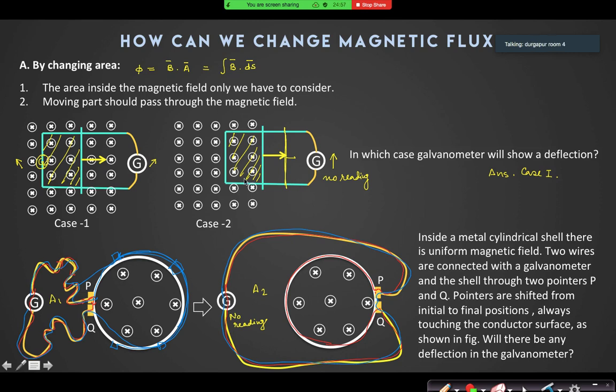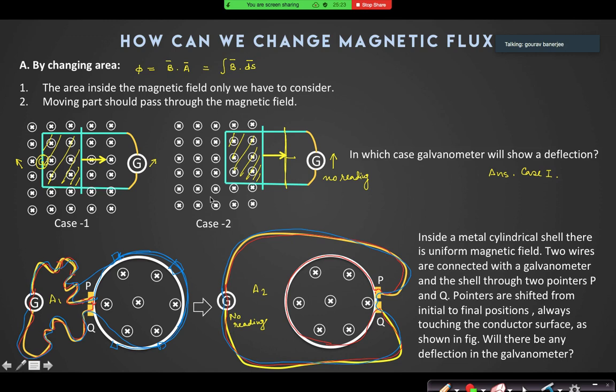And if you take this red color ring, while you are shifting P and Q, can you see that the length of this red color line over that ring is increasing? Yes, sir. So you have to take this loop. You cannot take the red color loop for this one and blue color loop for this one. Then you are not taking the same loop. You are doing two different problems.